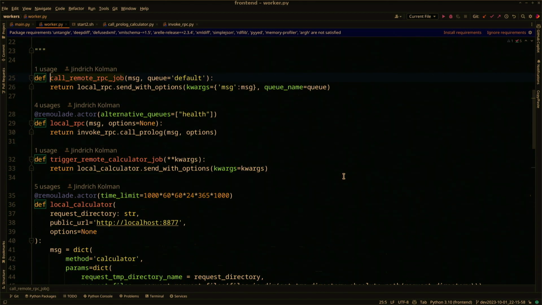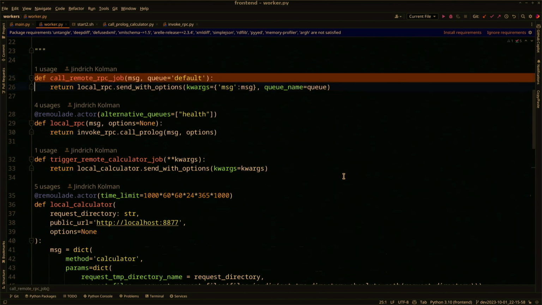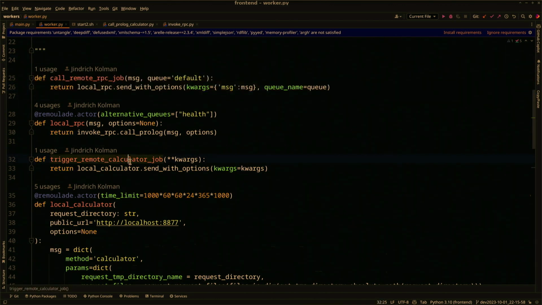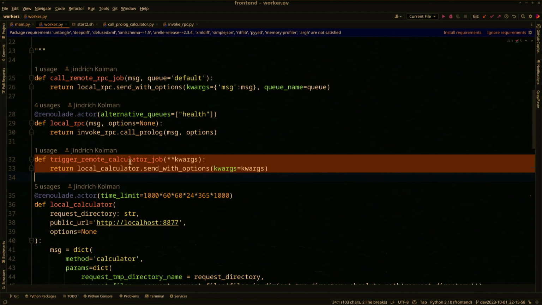We have an RPC job here, not sure about its naming, and we have a calculator. So either RPC or calculator. In both cases, now we are looking at the worker module, this function, and this function is